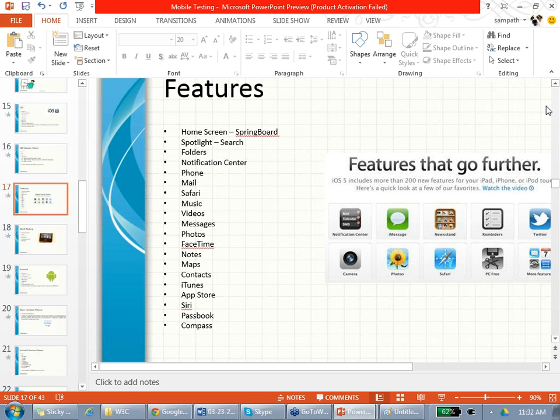And we got photos. I don't know if we still can take panoramic photos or not, but we can take photos and videos. And then we can do FaceTime, but most of us still use Skype. Then notes, and the great maps again, and the contact list.